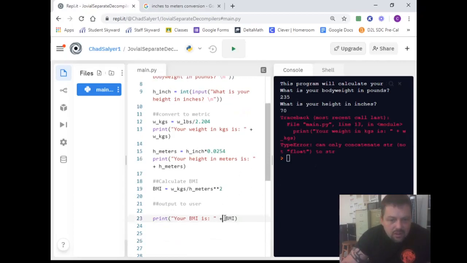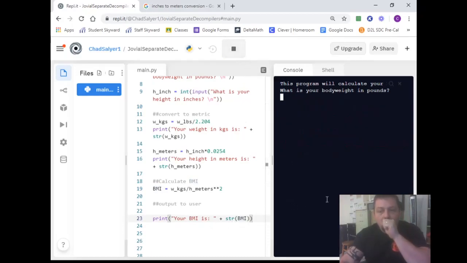Okay, so one little boo-boo I need to fix here. A big part of computer programming is this: debugging. You'll see that, especially when you operate in different programming languages, you're going to be doing a lot of debugging. So it's telling me I didn't turn these into strings, which Python requires. Try it again.